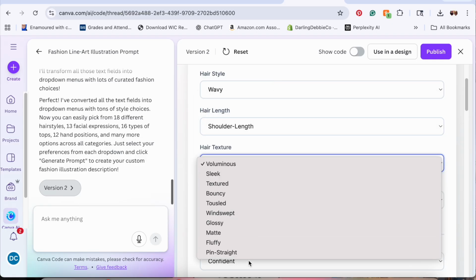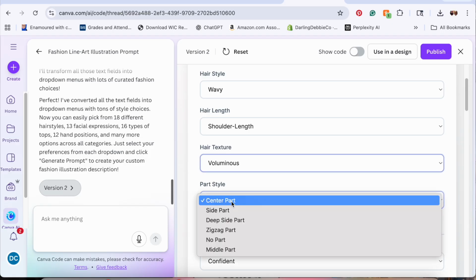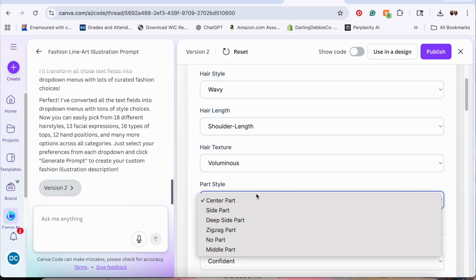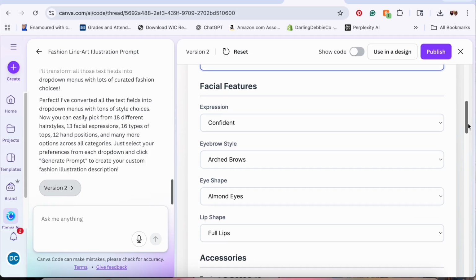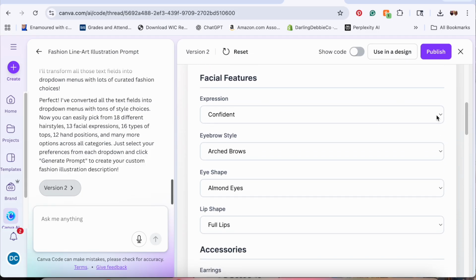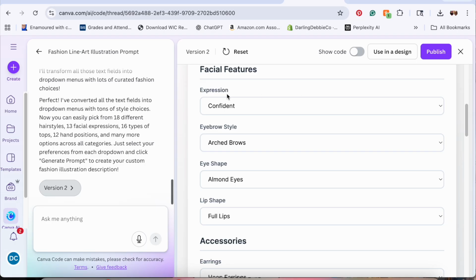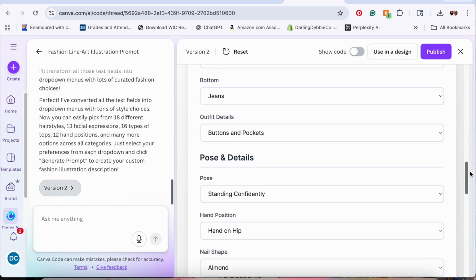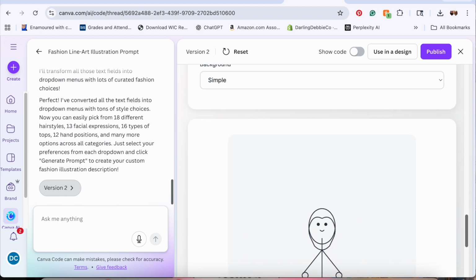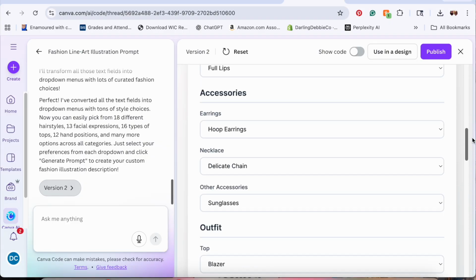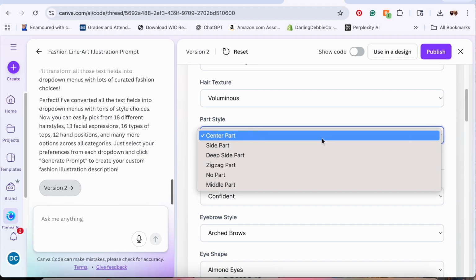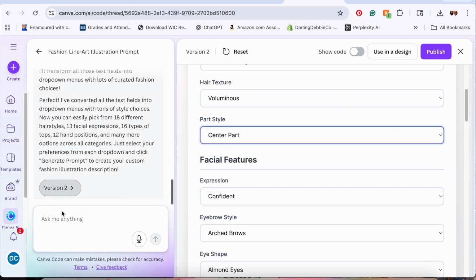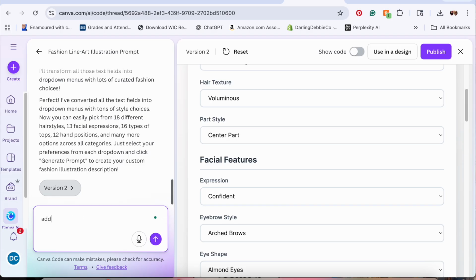texture, very important. And then the part style, how do you want your hair parted, and then it goes down to the facial features. And here you're gonna have expressions, eyebrow style, eye shape, lip shape, what have you. Then accessories, outfit, pose and details, art style. And as you can see, you will have to go through each one of these and choose what it is you want. But what I'm gonna do, I'm gonna go over here and ask it to add a